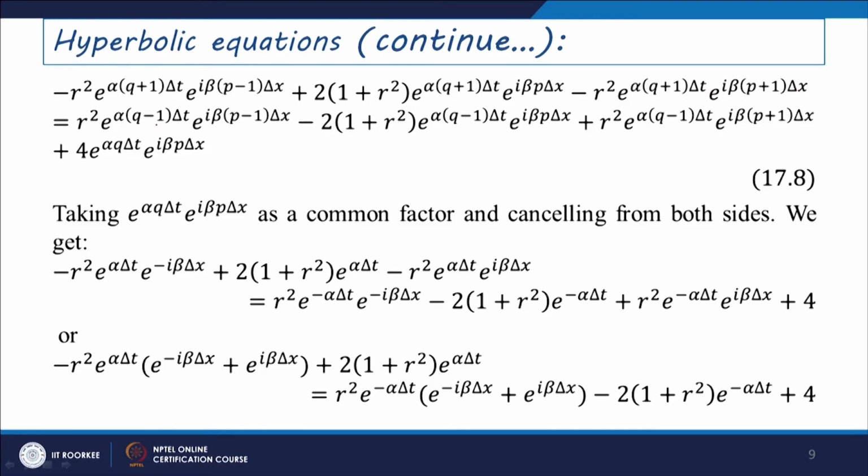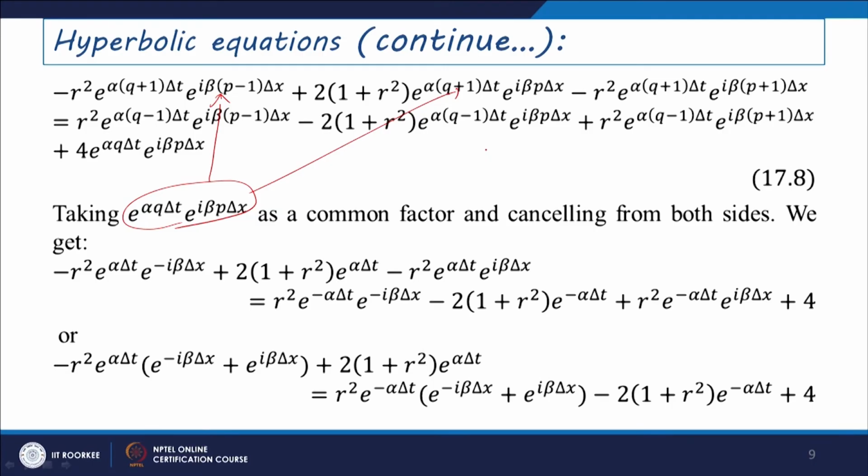This equals r square e to the power alpha q minus 1 del t e to the power I beta p minus 1 delta x minus 2 into 1 plus r square e to the power alpha into q minus 1 del t e to the power I beta p delta x plus r square e to the power alpha q minus 1 del t e to the power I beta p plus 1 delta x plus 4 e to the power alpha q del t e to the power I beta p delta x. If you take common e to the power alpha q del t e to the power I beta p delta x from each of these terms here,